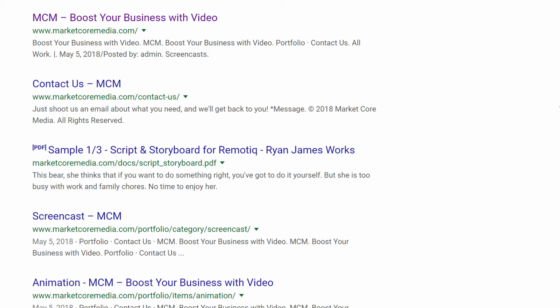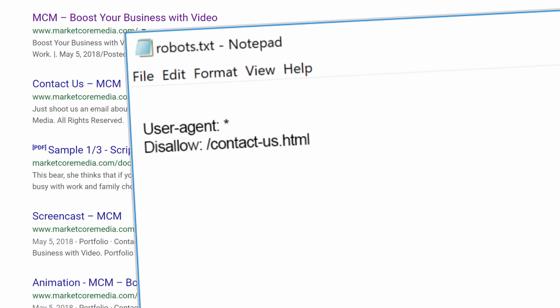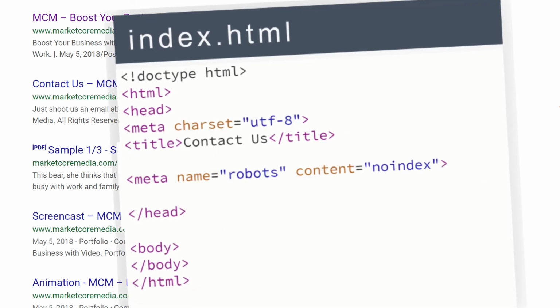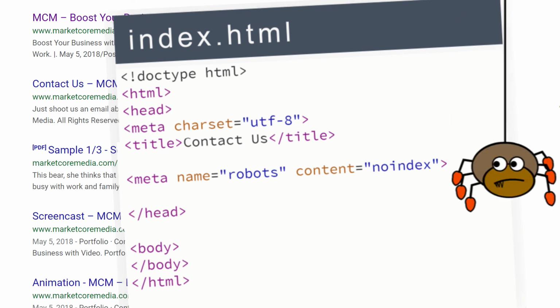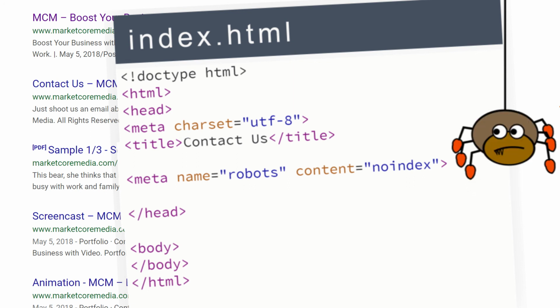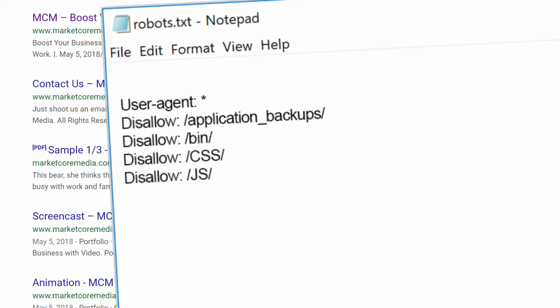Now, I wouldn't panic about this and scrap all the disallow directives in your robots.txt file just because of this. Just be aware of the possibility and keep it in mind, particularly if you have a web page with sensitive information that you don't want indexed or have people accidentally stumble across in search results. In those cases, you'll want to remove the disallow directive from robots.txt and add this noindex meta tag to the head section of that particular page. Then search engines may come to that page through a link thinking, okay, this might be of interest, then see that meta tag and realize that it's not to be indexed at all.